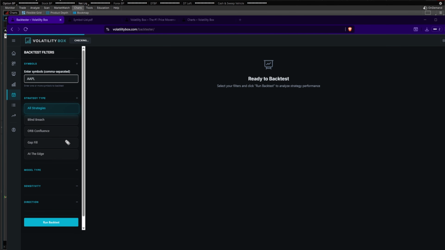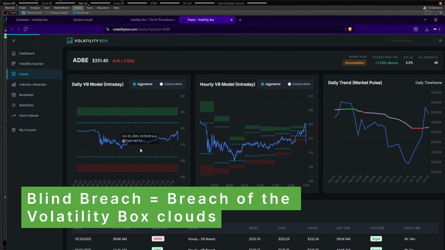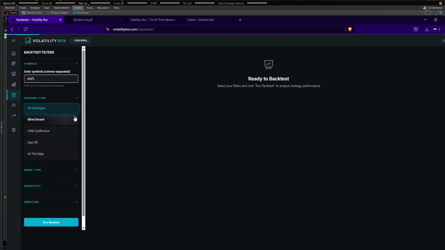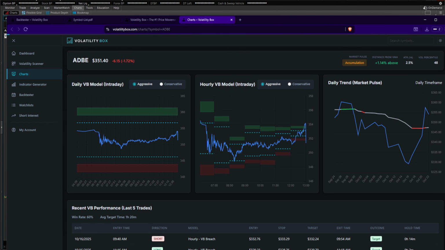Let me give you a quick overview of each of these strategies. The first is the blind breach. This is simply a breach of our volatility box models, no other trigger, no other filter. So a blind breach is simply measuring how effective is it when price simply breaches our volatility box models, doesn't go outside, but it bounces from there and it bounces back up to the cyan line. So it's a very simple entry at the cloud, stop outside of the models, target at the cyan line, both